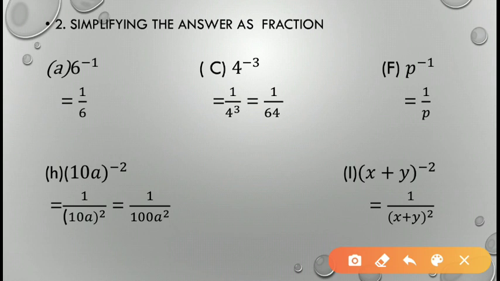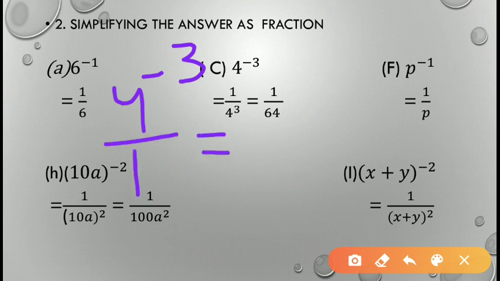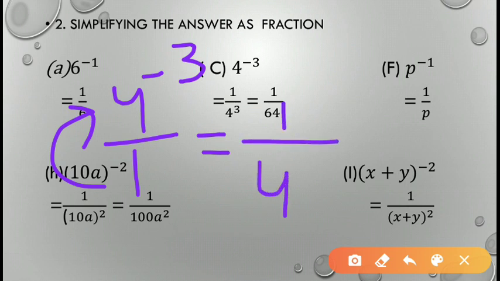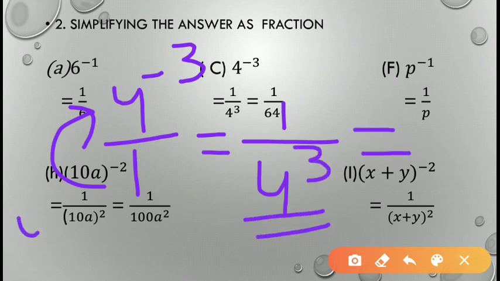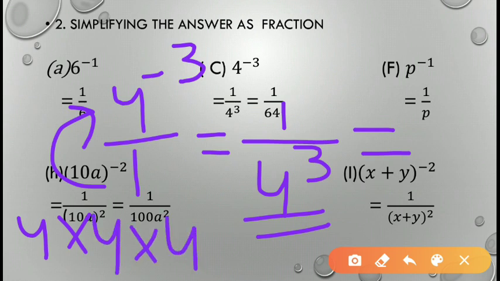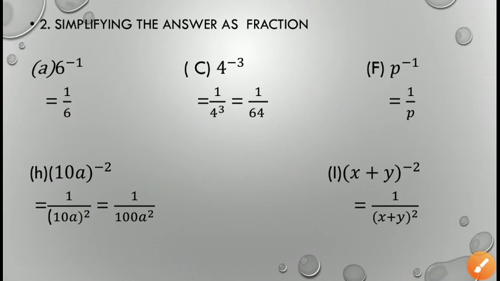Next is 4 to the power minus 3. If it is written 4 to the power minus 3, the denominator is here 1. So just apply the same rule, change their places, meaning write the denominator in the place of the numerator and the numerator in the place of the denominator, so 1 by 4, and this will convert into plus 3. And now 4 to the power 3 means 4 into 4 into 4, which will equal 64. That means 1 by 64 here.